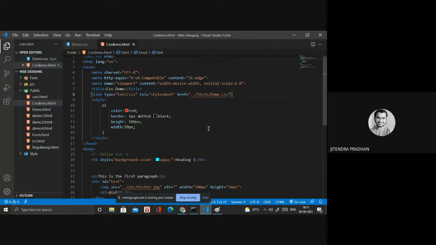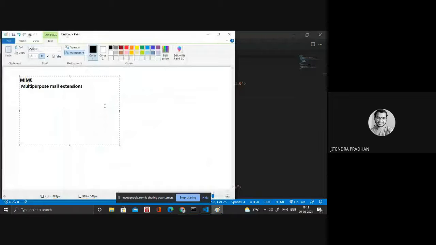Okay, next we have selectors. Basically we have three selectors. I already told you in the previous lesson. We have the type selector, which is a text selector, and we have the id selector, and we have the class selector.